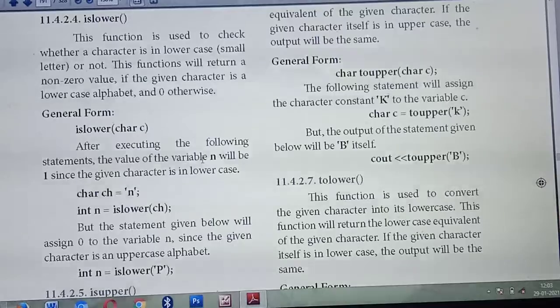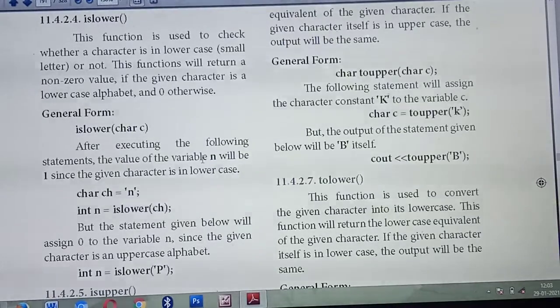Okay. So the next function is islower. What is the use of islower? This function is mainly used to check whether your given character is in lower case, that is, small letters. For example, you are entering some words. This function is used to check whether the entered words are in small letters or not. If the given word is in small letters, you will get the answer 1.